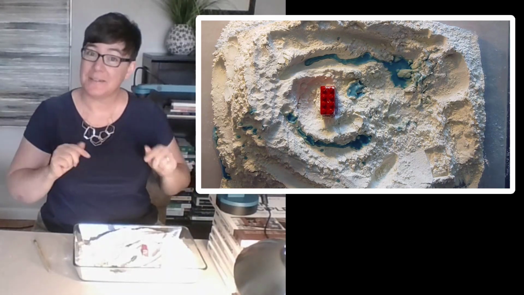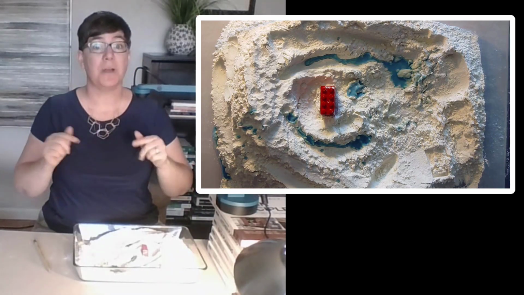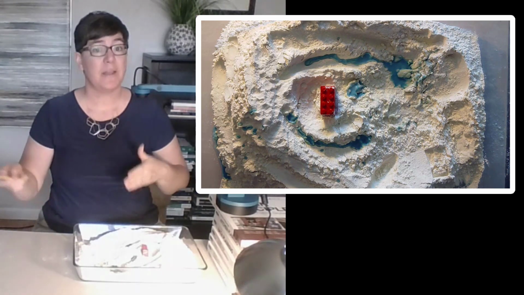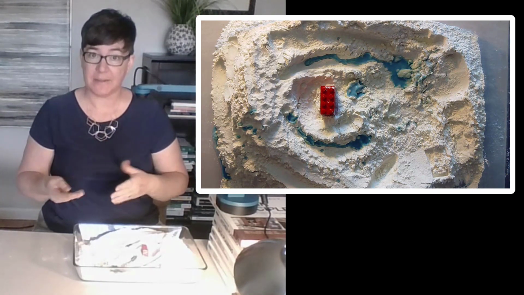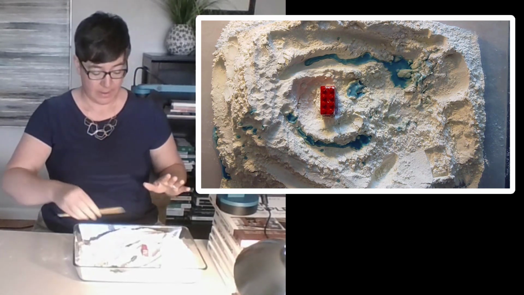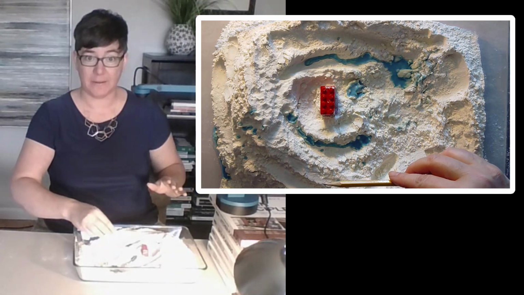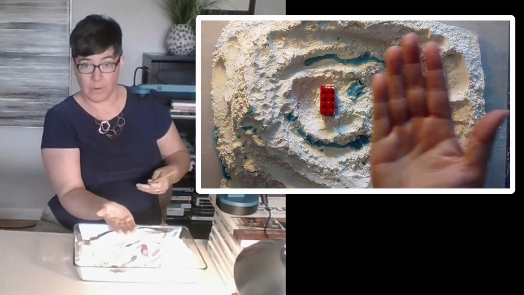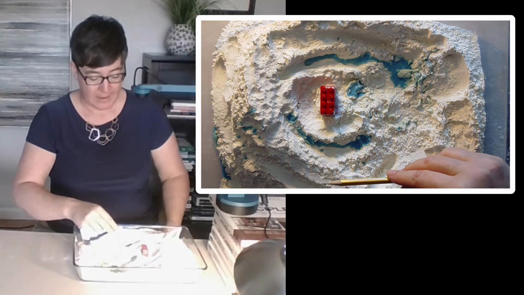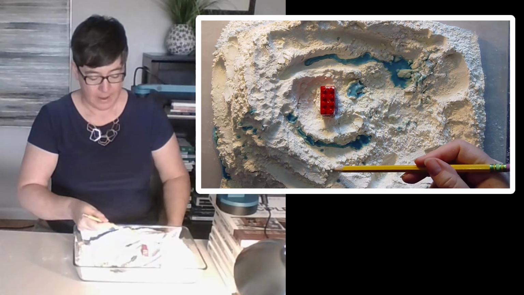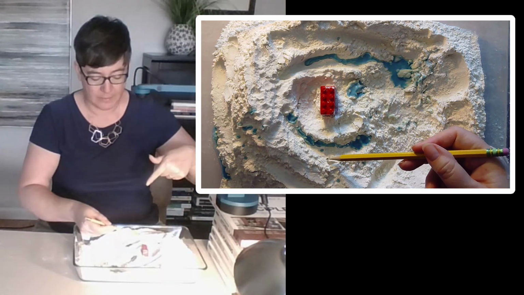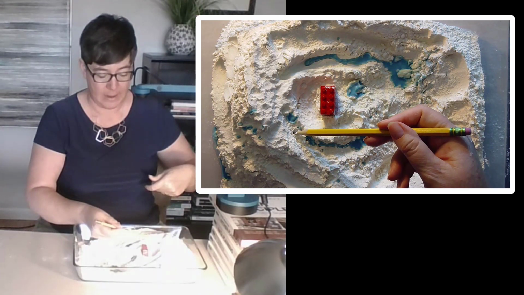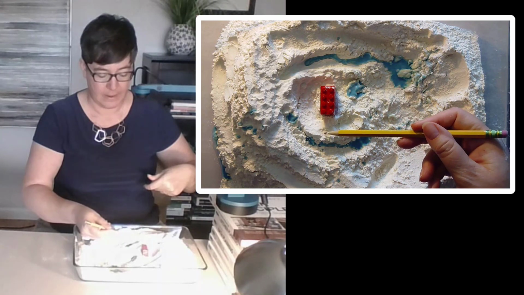I've come back because I forgot to point out the signature of this terrain feature. So let's take a look. If we were to cut at one specific height, and remember that's what a contour does, all right, so we're cutting at one specific height across, slicing in one direction, that contour would come here, and then because the ground dips, the contour moves up the slope a little bit, and then back down,